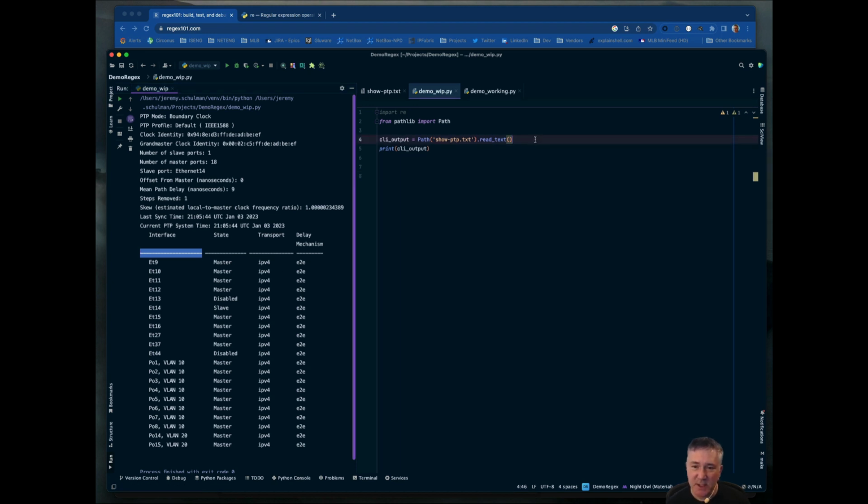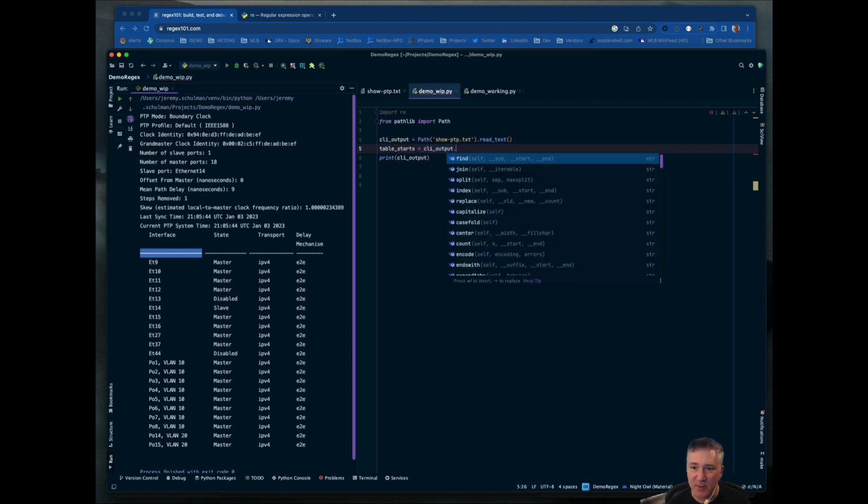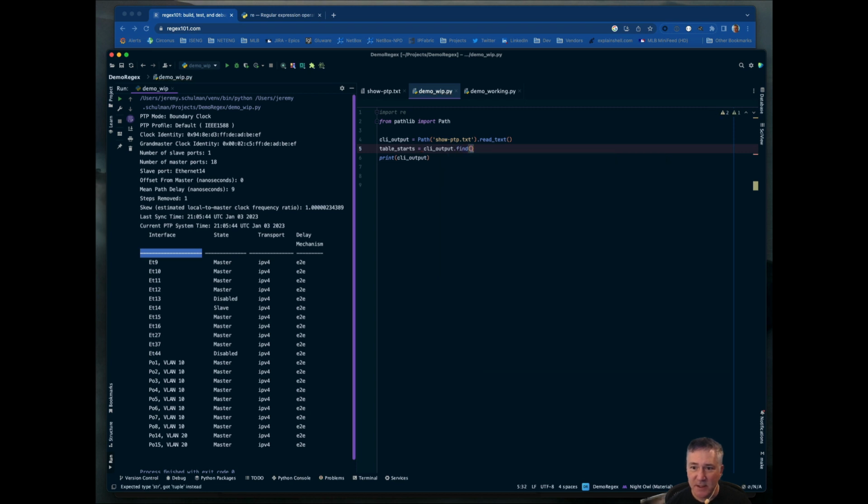And that's pretty straightforward to do. I can say, table starts. I'm going to create a variable that indicates where the table starts, and I'm going to use the CLI output, and I'm going to find where I get this string. Oops. Where I find this string. It doesn't have to be specific, but I know that in this output, this is kind of where I want to look. And what find does is it's going to give us a position in the string where it